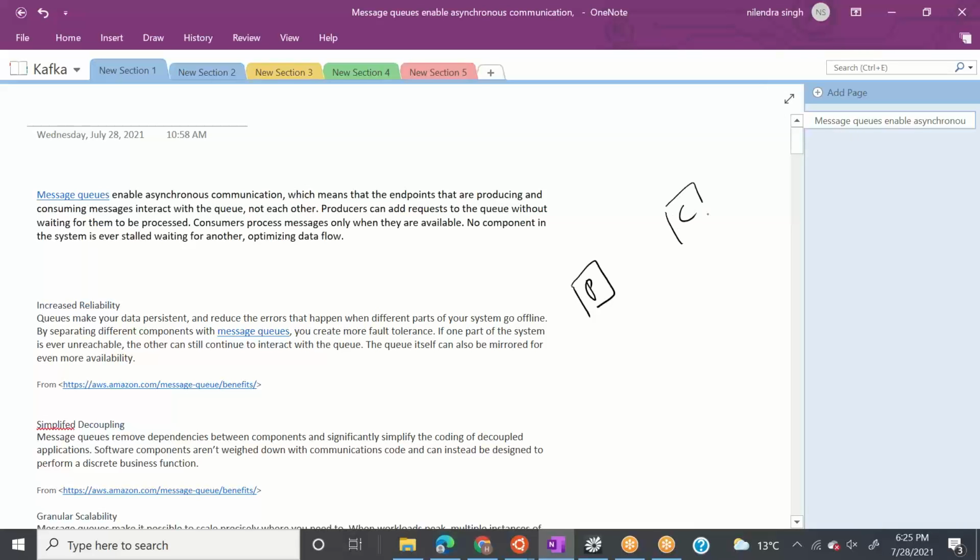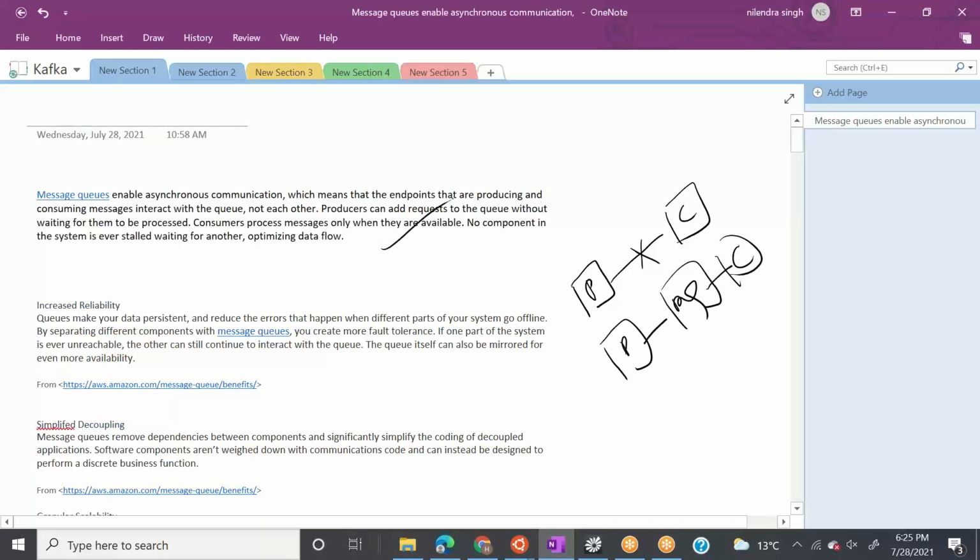Producer and consumer won't be talking to each other directly; rather, the producer will be talking to the MQ and the consumer will be talking to the MQ. So this is the first point. What this means is that the producer can add requests to the queue without waiting for them to be processed. The producer can push all the messages without worrying about whether the consumer is consuming them or not.